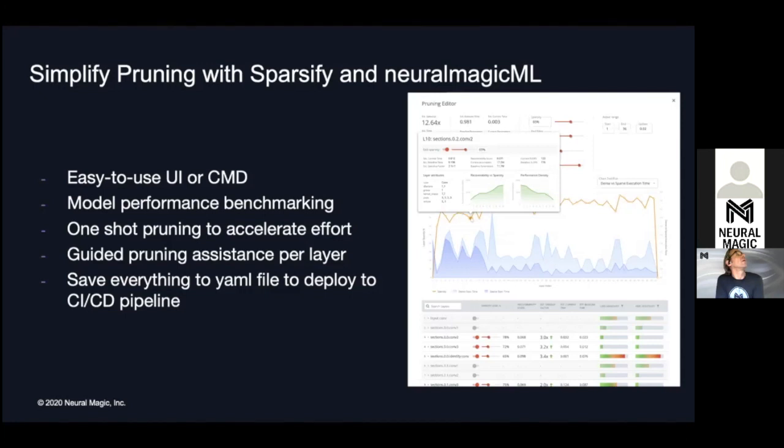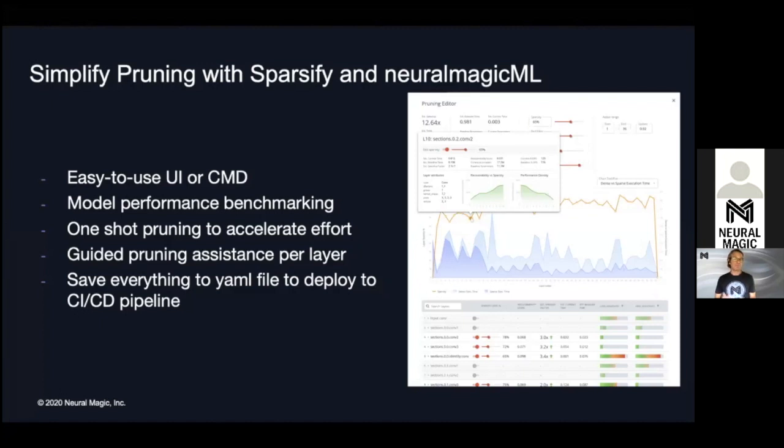And so you can see that, and you can tweak to your heart's content. What we're building actually is a one-shot pruning. So what we can do is you put your model in, we do an analysis of it, we tell you what the benchmarking potential is, or the performance gain potential, the compression gain potential, and then we do a one-shot prune. Then you can go and tweak the knobs yourself on a layer-by-layer basis, and then quickly export to the retraining pipeline, run a retrain real quick, and then you're off to the races and ready to deploy a